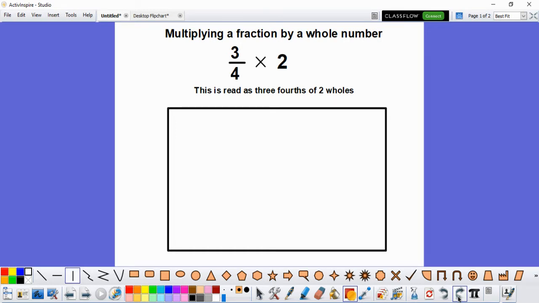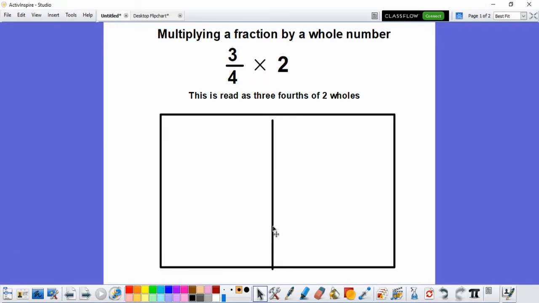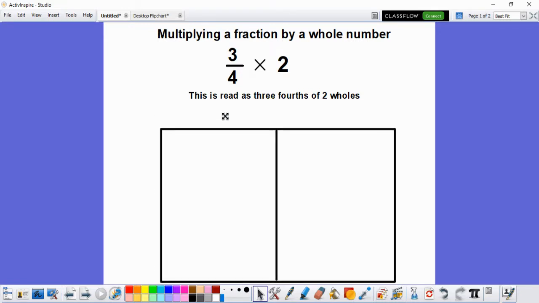So we're going to make our rectangle, and we're going to split it so that we know that we have 2 wholes. We're identifying these as 2 of our wholes. So just so you can understand, we have 1 whole here and another whole here, which means that we have our 2 wholes represented. Now we want to find 3/4 of